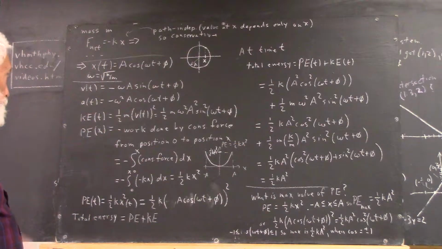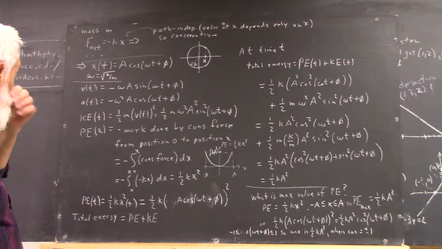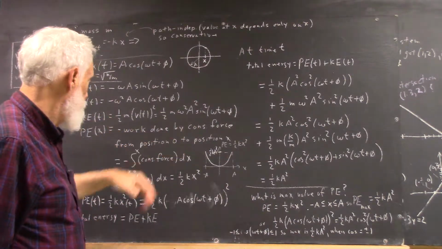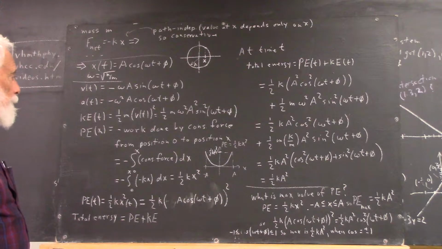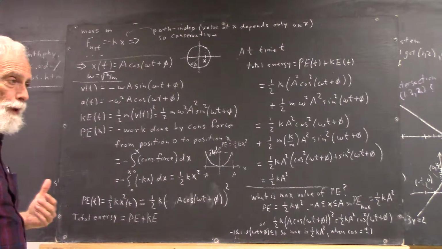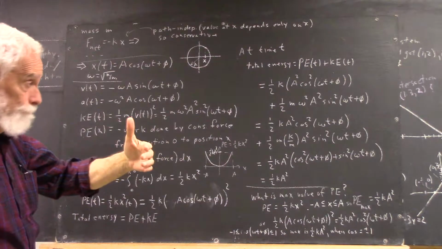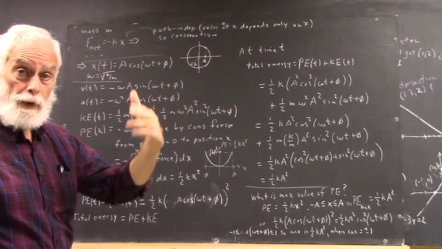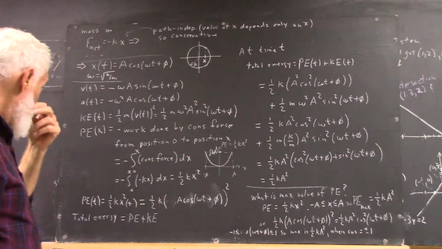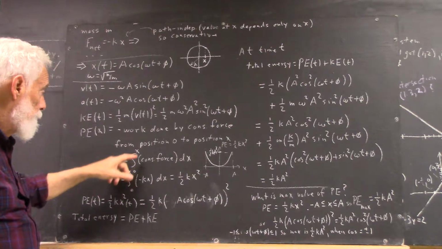Okay, then, what's the potential energy function? Well, potential energy is the work done by a conservative force from one position to another position. Now, in this case, the first position is your reference position. For a force of this nature, we're going to use as reference position the x equals 0 position where the net force is 0. So that's going to be equal then to the negative of the integral from 0 to x,